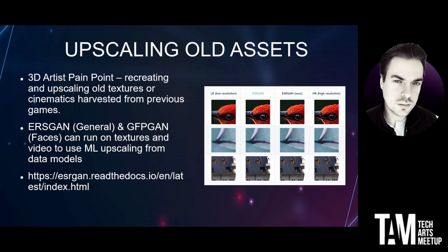Upscaling old assets, so this is probably one you've seen. This can be a big one. You've seen lots of remakes, lots of reboots at the moment, getting really old, terrible, ugly data. For our game, we work on every single IP that Ubisoft's ever created, and some of them are incredibly old. Some of the meshes are terrible, some of the textures are tiny, missing normal maps like we talked about. So having a way to actually feed these through and get 4K textures from something that was minuscule can be a massive time saver.